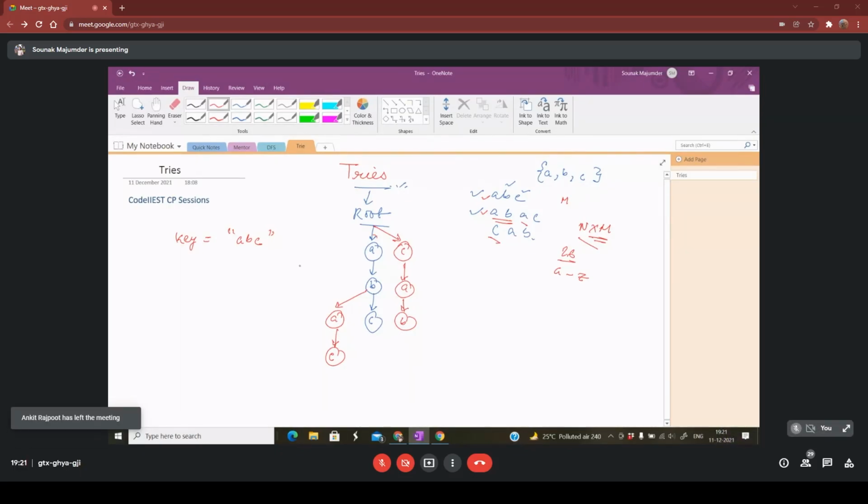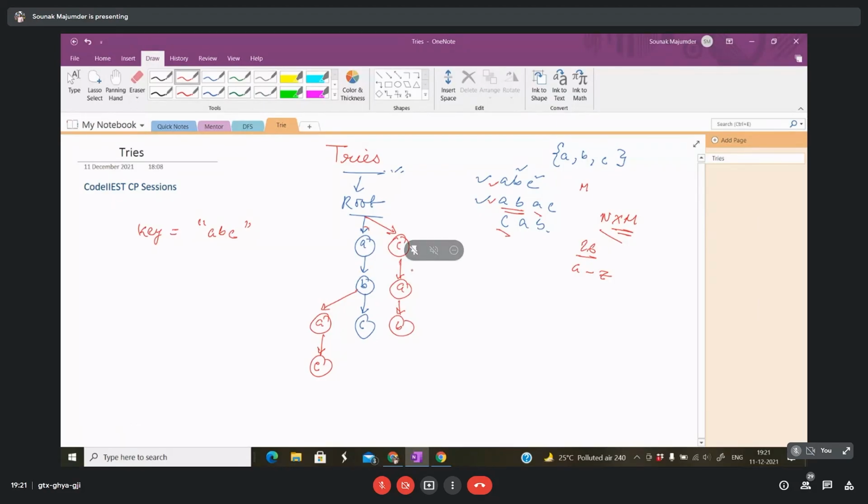Now let me ask you a question. I have showed you the structure of the tree. Can you tell me what is the space complexity for each node? Each node has some children.